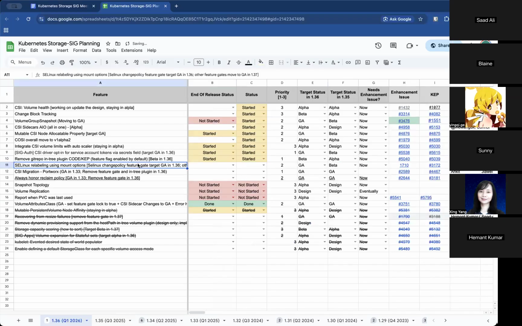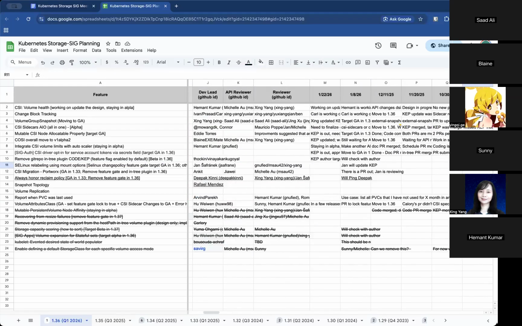Next is SELinux relabeling using mount points. Any update on this one? So I think Jan is not here. The intent is the SELinux change policy allows users to opt out of the whole new behavior, because going ahead, the default of Kubernetes will be to use mount options to apply SELinux policies. So if a user is negatively affected by the change, they can opt out by changing the SELinux change policy.